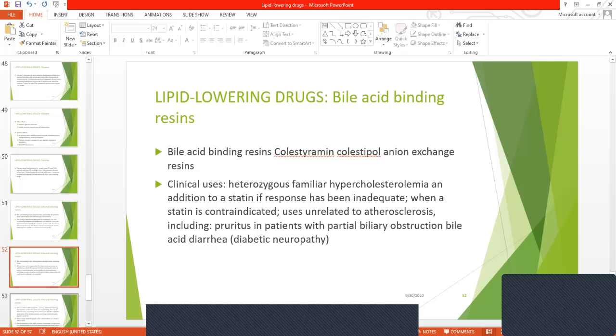So colestipol and cholestyramine are available as granular preparations. A gradual increase of dosage of granules from 4 or 5 to 20 gram per day is recommended. The usual dosage for a child is 10 to 20 gram per day. Granular resins are mixed with juice or water and allowed to hydrate for 1 minute. Colestipol is also available in 1 gram tablets.